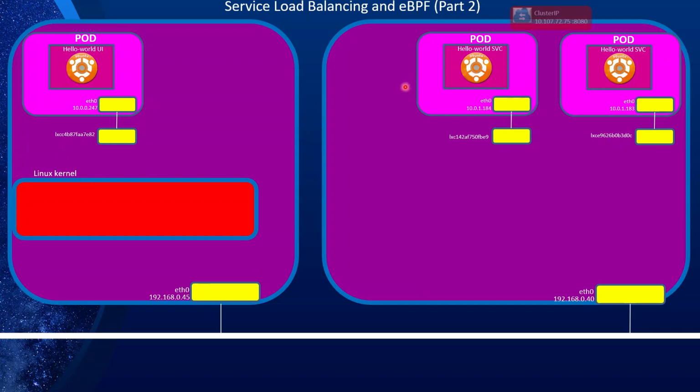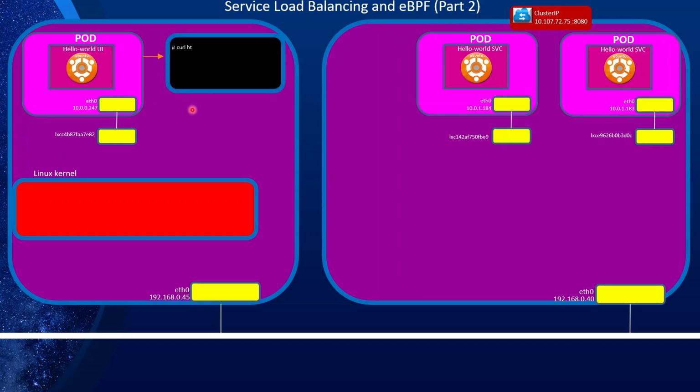And let's say we also have created a cluster IP. So these two are behind this cluster IP. So let's see what happens when the UI calls into this cluster IP. So basically we issue a curl and the IP address of the service and the port number, which is 8080. And then after that happens, then an